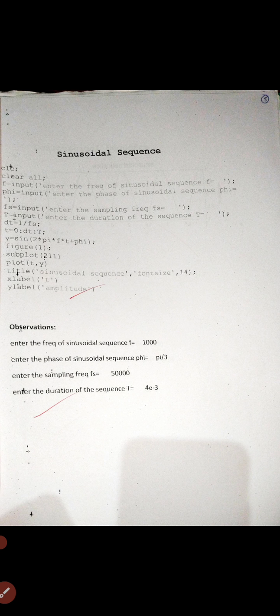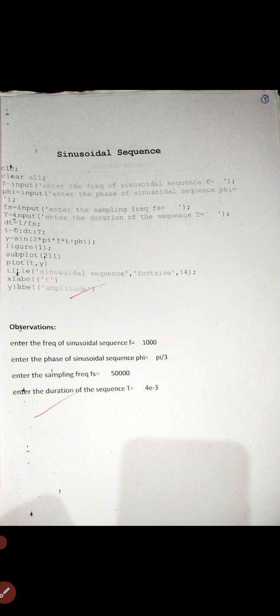The title is the sinusoidal sequence with font size 40, whereas the x label is t and the y label is amplitude. After writing this program in the editor window, press enter to finish the program, and the observation is set in the command window.